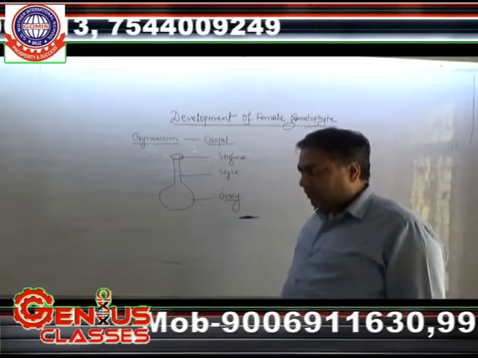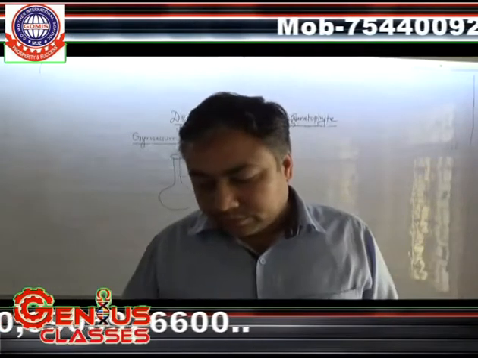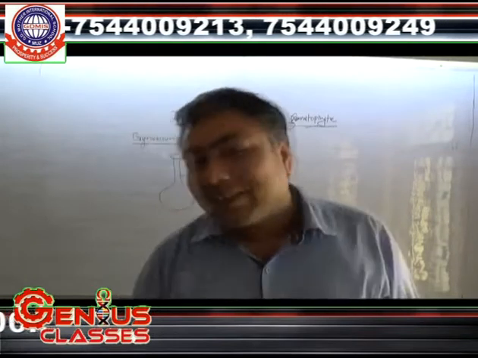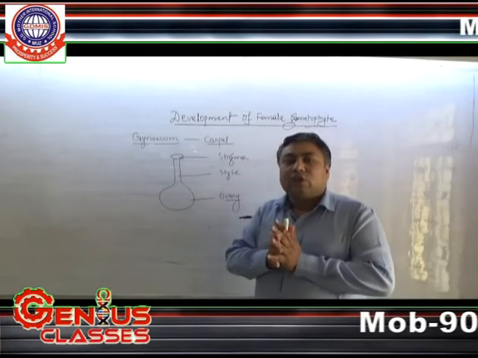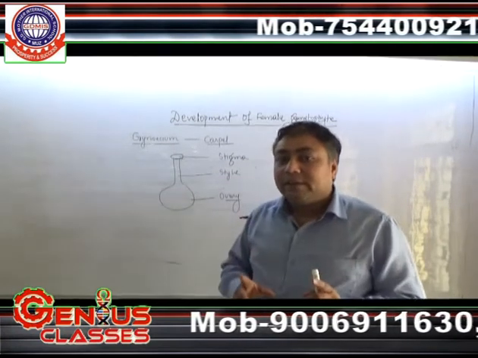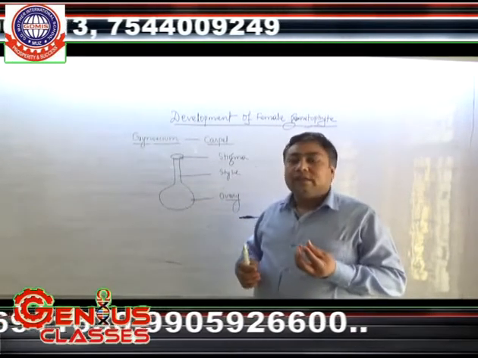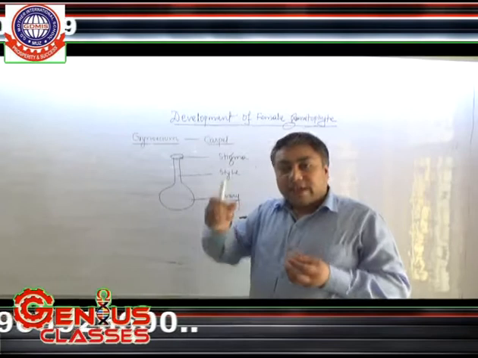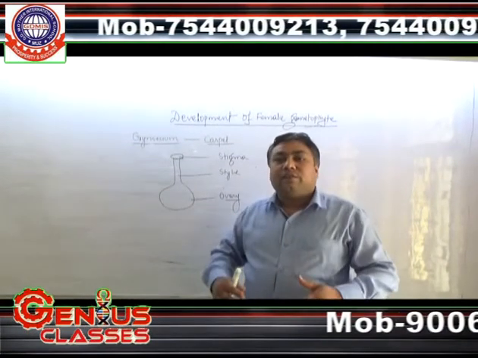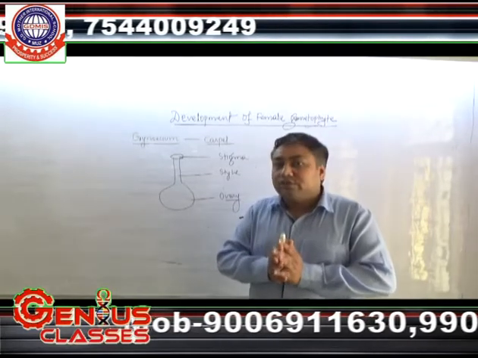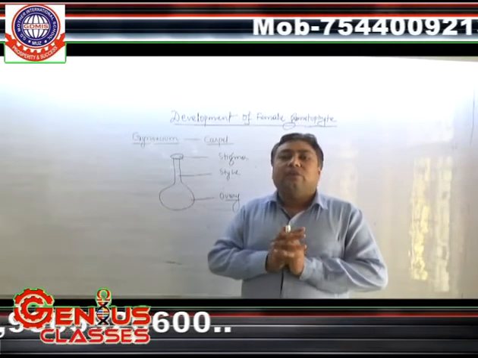So, the female whorl of a flower is called gynoecium, and the gynoecium is made up of individual units called carpels, and a carpel has three parts. Stigma is an opening, style is a channel, a tube, and ovary is a flask-shaped structure in which ovules are present. What are ovules?